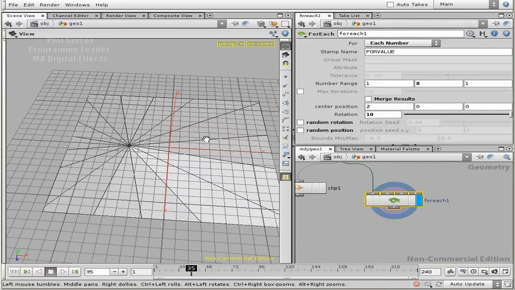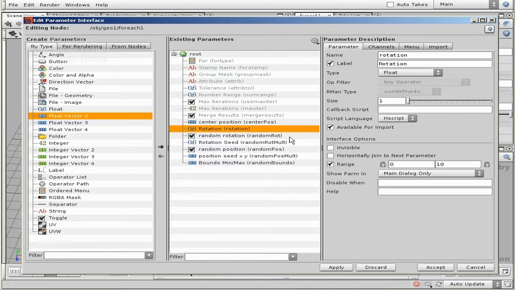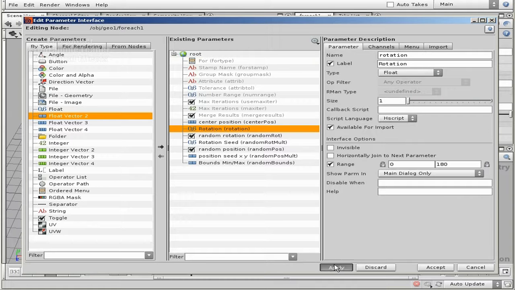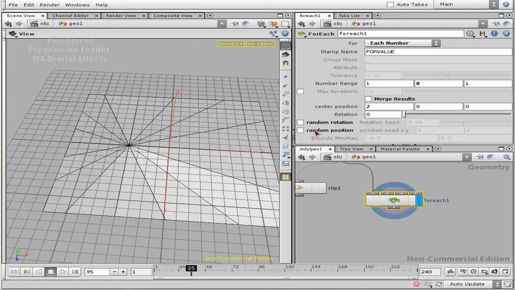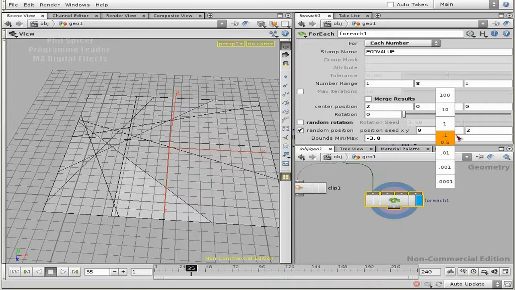So if I turn on my random rotation, you can just start to change this. I probably didn't change my range, so finally I'm just going to change my range to something like 180. Default value of 0 should be fine. Something like that. Okay, and apply that, accept it. And now I've got a bigger range, so I can rotate easily. I can add a random position, whereas the pieces are still evenly spread. I can change how much I want to change this, change it like that, change it in the other direction,